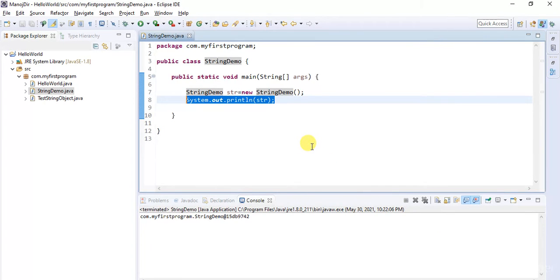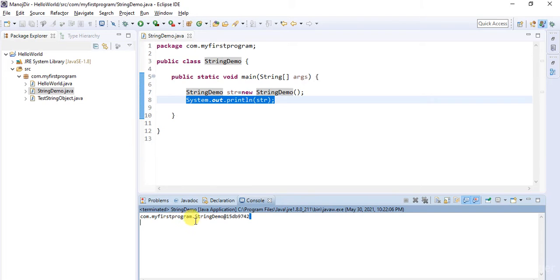After executing the program, here you can see we have the fully qualified name of the class, that is the package name along with the name of the class, followed by the @ symbol and some alphanumeric characters. That is nothing but the hexadecimal representation of the object's hash code.